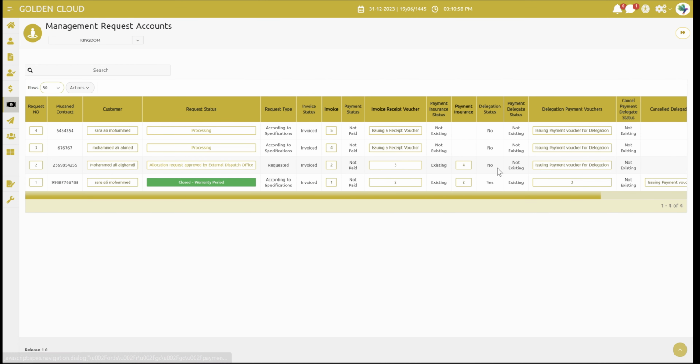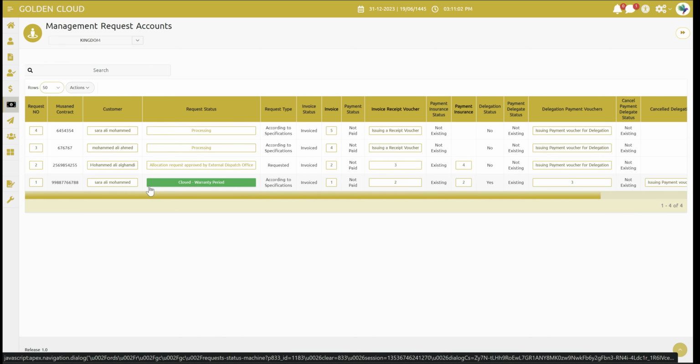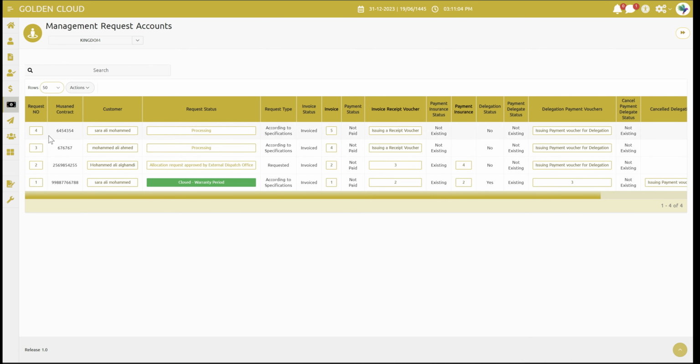So now let's get back to our table. Here also, this table will give you insights like the contract number of each customer. This information is very crucial. And here also,